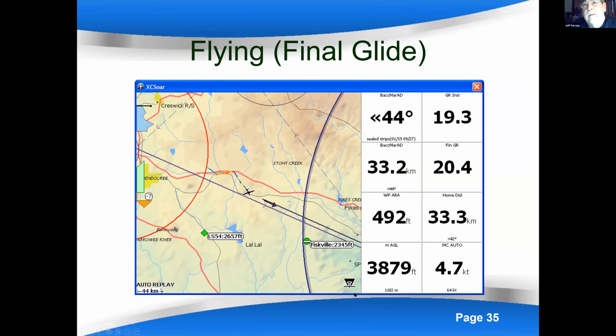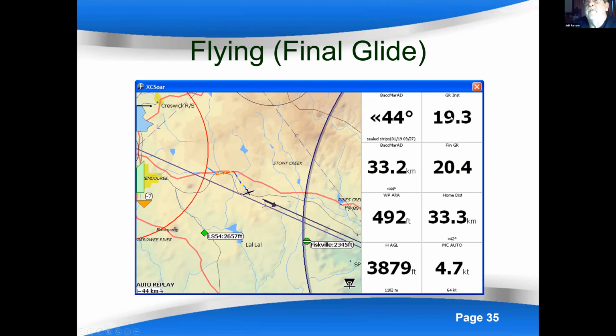The final glide is a third screen with different info boxes again. And again, it has a different emblem down the bottom. So when you're in final glide, it will notify you that you're capable of doing final glide and switch to this screen. And that's notified by that emblem, the icon down the bottom. Again, in this setup, we've got 2 different info boxes. All the others are common to all the various screens in this particular setup.